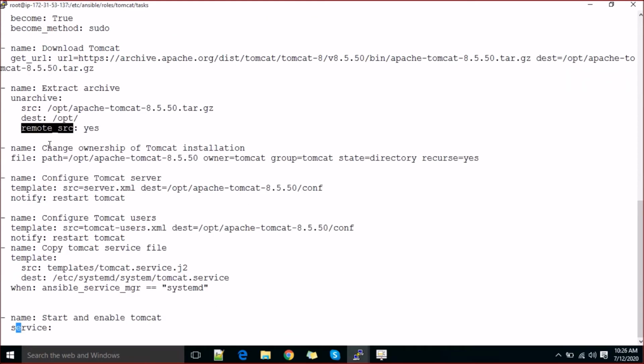The next we are saying is change the ownership of the Tomcat installation. If you want to change the ownership of Tomcat, then I'm using the file module here, right? You can use the shell module, you can use the command module also here, right? So whichever module suits you, you can use it. Command module, shell module, file module, and the syntax will remain the same. I'm saying the path is this, and the owner should be Tomcat, and the group should be Tomcat, and state, what is this? This is a directory. Recursive, do you want to change inside the files also, inside that folder also? I said yes,